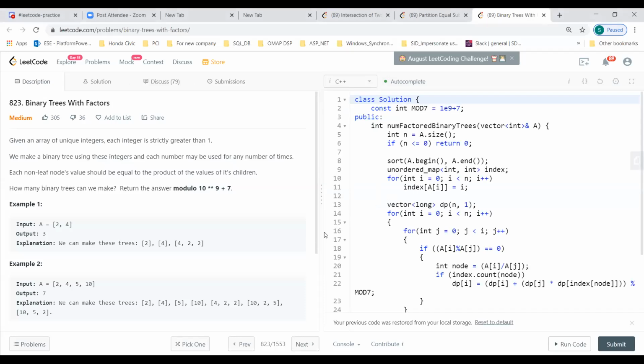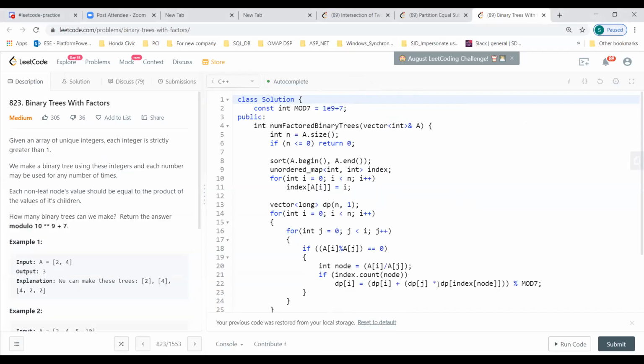Yeah, but the reason... we actually have to store that information the way he's storing it in the DP array. If we do sorting, then it stores it the way we do for the memoization version, right? We build on the smaller subtrees. So that is the reason we need that information. That is what I think.